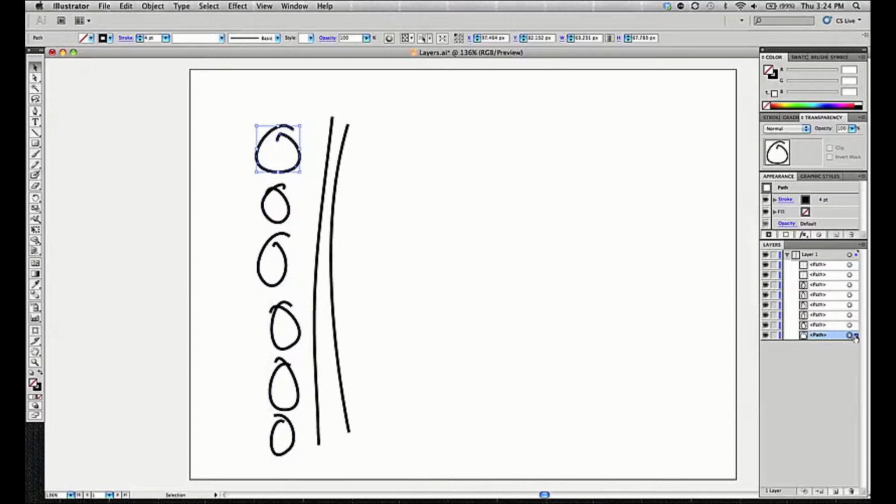If I hover over it, will it tell me? Well, it indicates selected art. Yep. Not a very good name, but so if I were to collapse layer 1 so that it's all bundled together,